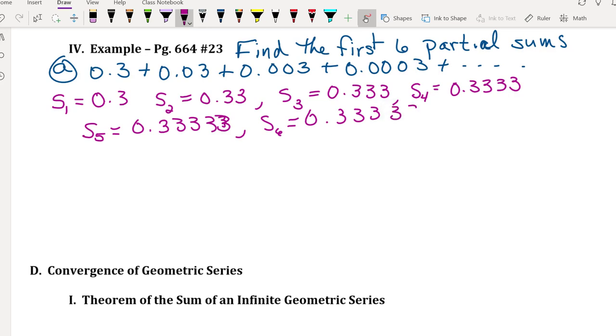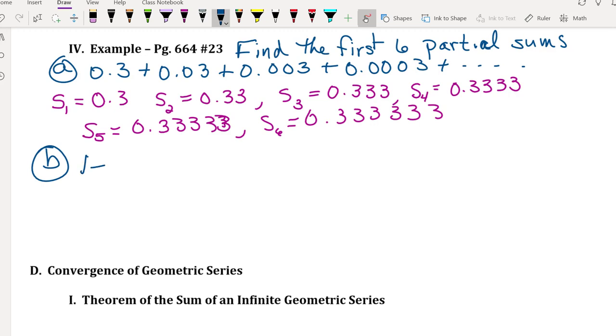Now, the idea behind this, as we're going to see as we go on, is how we find out that a repeating decimal is a rational number, because, as you can see, we can write a repeating decimal as an infinite series. We'll get to that in a minute. So part B then